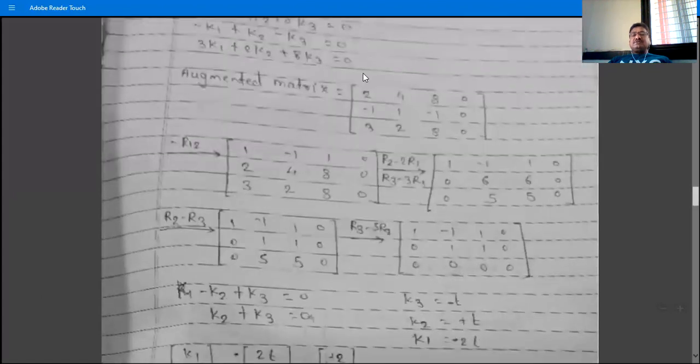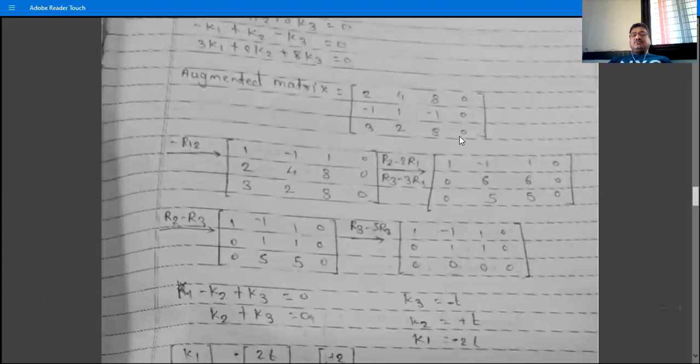So write the augmented matrix. So 2 4 8 0, minus 1 1 minus 1 0, 3 2 8 0. Okay, and we have to reduce this matrix to echelon form. So minus 1 R2, that is, interchange the first and second row, and then change the sign of the first row. So we have 1 minus 1 plus 1 0 as the first row,